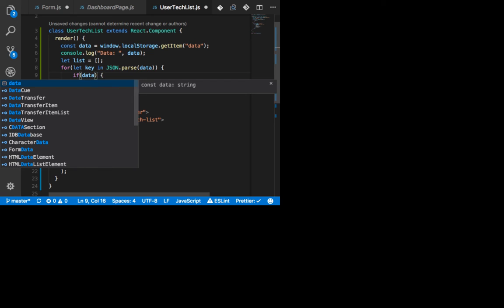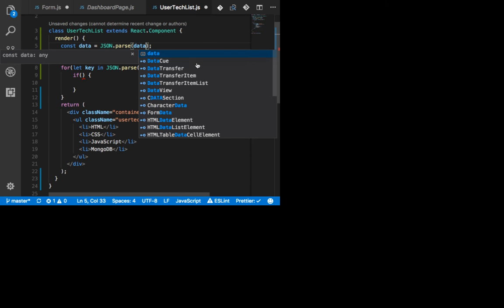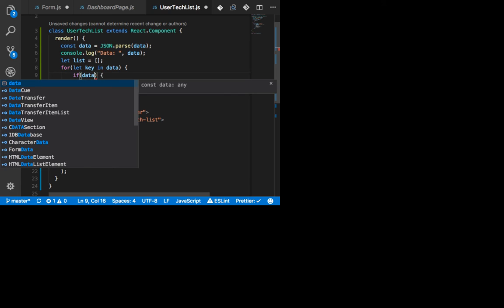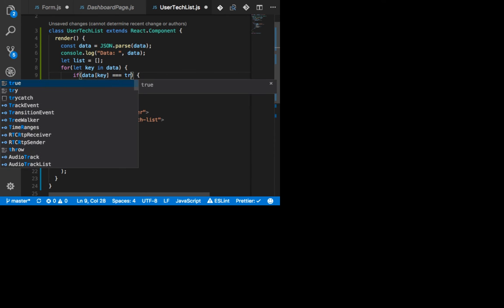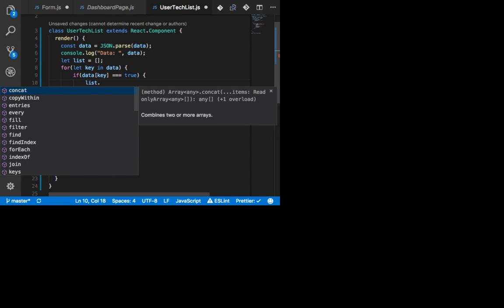In this case, it's going to be data. Oops. You know what? I'm just going to parse it right here. So JSON.parse(data). I'm going to parse it right here, and now I can just use data. Okay, and if the data key is equal to true, because you only want to show the true ones, right? Then if it's equal to true, I want to push it to the list.